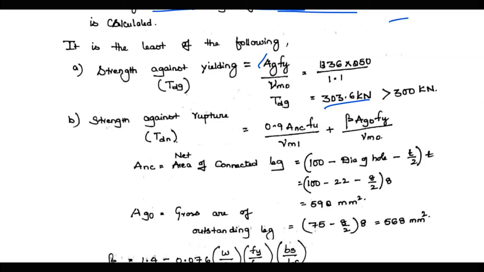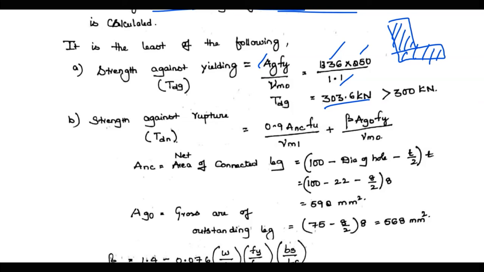So this is the angle section. Divide this, calculate the area of this, and calculate the area of this and add it. That's it. AG will be this value. Or of course, you know what is the area. We have already seen that, 1336, I think. So put that value into 250 divided by 1.1, which gives 303.